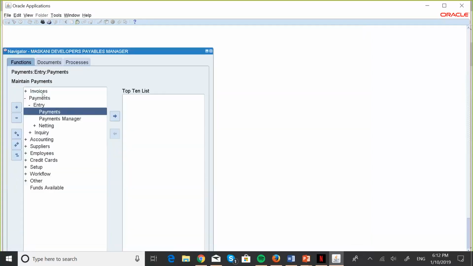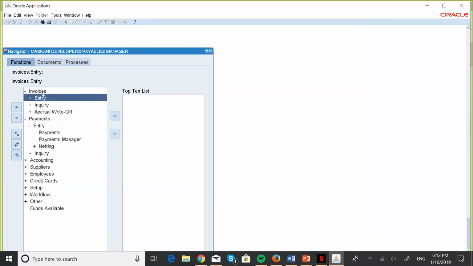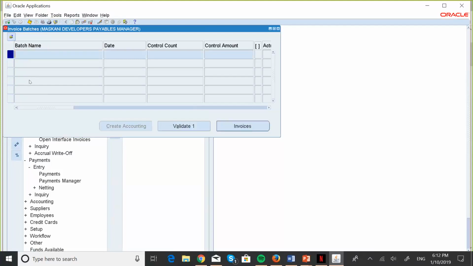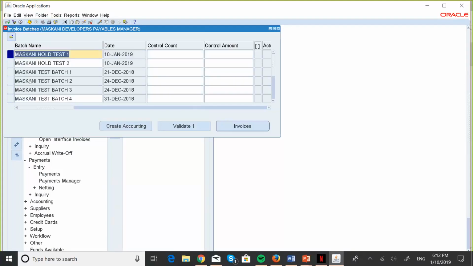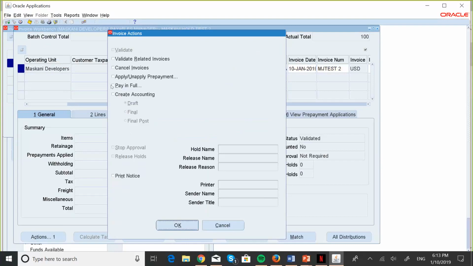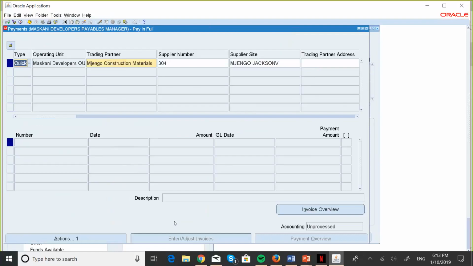Let's go through the invoices. So we go to the invoice. Nothing has been paid. If we go to actions, pay in full,